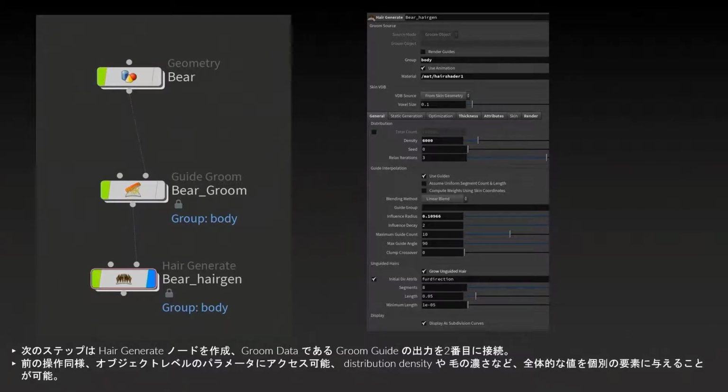ここで先ほど作ったガイドグルームの結果を、ヘアジェネレートノードの2番目に接続します。ここにグルームデータが来ているという形になります。So, similar to before, we have some parameters available to us in the hair generate node. 同じようにこのヘアジェネレートノードにも様々なパラメータがあります。So again, we can specify our body group. ここでボディのグループは設定できて、This time we can create a material for our hair, and we can specify it here in the material parameter. 合わせてマテリアルの設定もここでできます。We can then give the hair an overall density distribution. さらにヘア全体のデンシティディストリビューション、密度と分布といったものを設定できます。